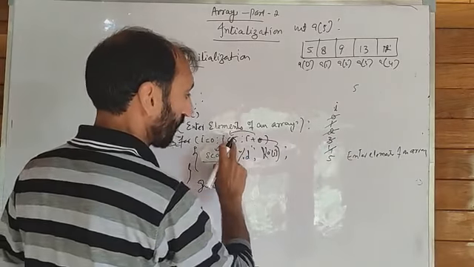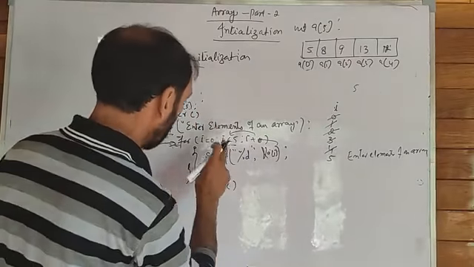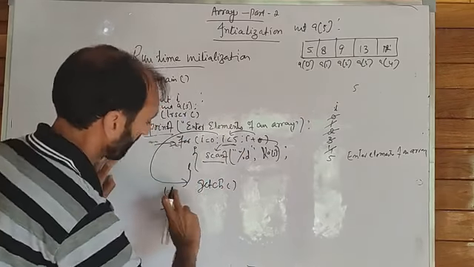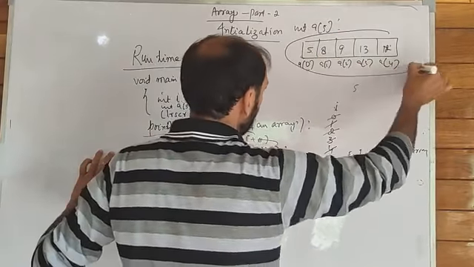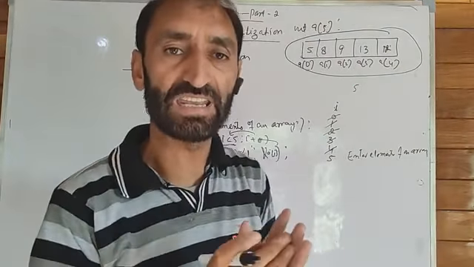Next is the check i less than 5. No, 5 is not less than 5. The condition is false, so the control will go outside the body of the loop. Control never enters the body again. And this is the method by which we can initialize the array at the time of